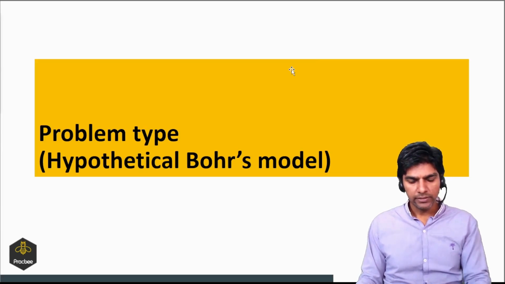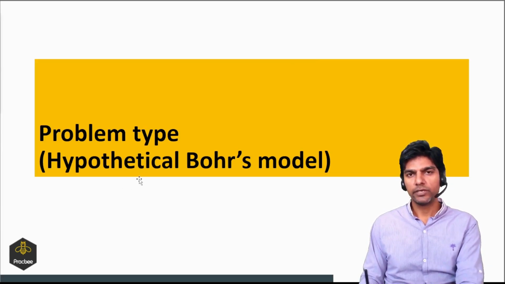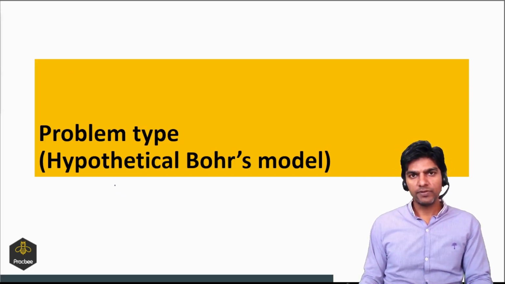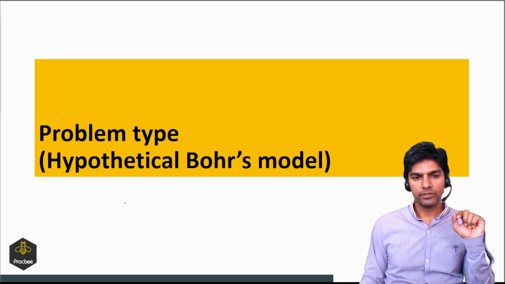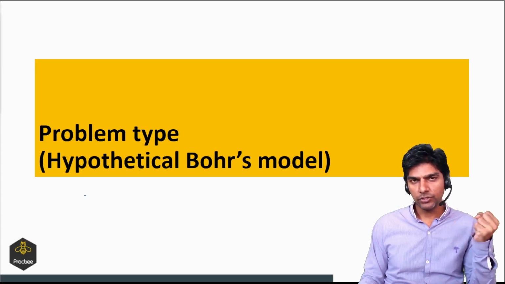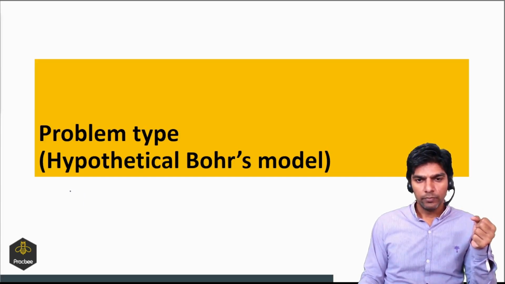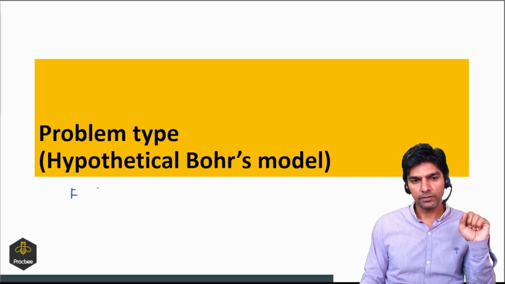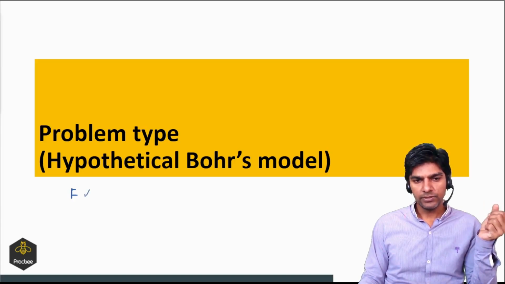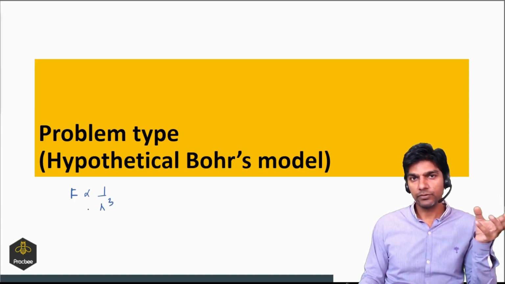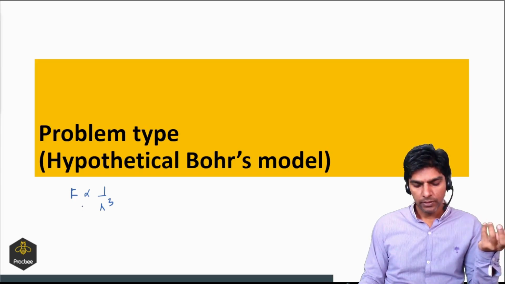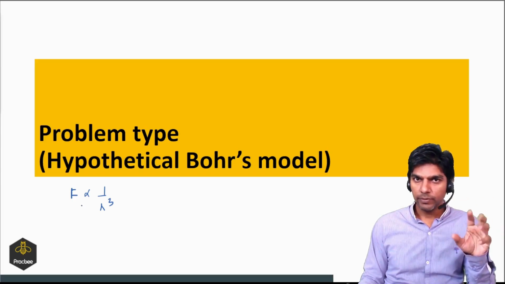Okay, right. So now let us see the next problem type, and it is based on the hypothetical Bohr model. And what do we mean by that? So in Bohr's model, what we have seen, the centripetal force, the very first postulate, it talks about the centripetal force will be nothing but the electrostatic attraction between the nucleus and the electron. But in hypothetical Bohr model, that force will be given something else, right? For example, they will say the force is inversely proportional to r cube, but we know that electrostatic attraction is inversely proportional to r square, or they will give some other relation. So the first postulate will change, the remaining two postulates will remain the same,